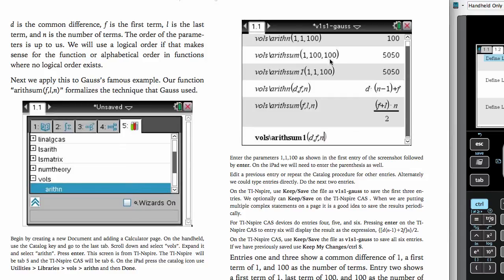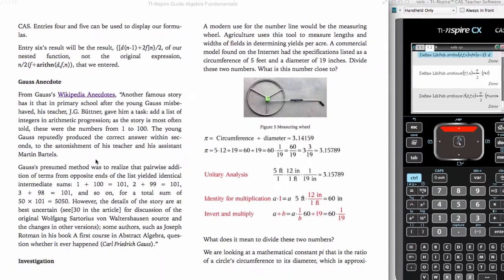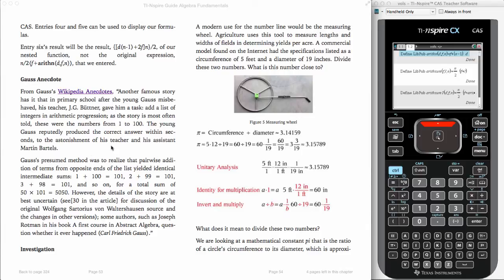This is the famous Gaussian problem where when he got in trouble, he was asked to add up the numbers from 1 to 100. So what he looked at was 1 and 100 was 101, 99 and 2 was 101, 98 and 3 was 101. So he took the first and the last, and there was 100 divided by 2, and then this would give him the formula. So there would be 50 pairs of 101, so the answer turned out to be 5050. So this is explained here in our chapter 1